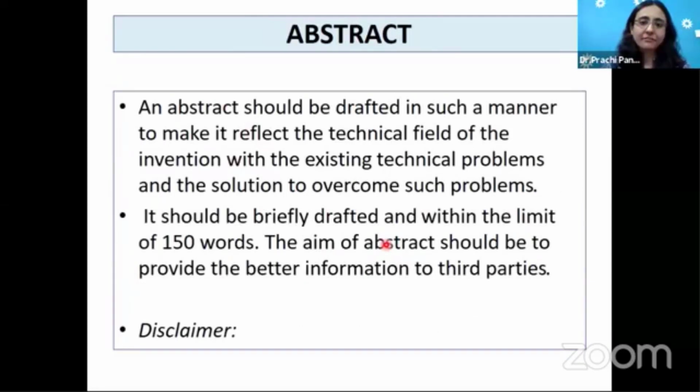Abstract, you have to define in such a way that your existing technical problems are being solved by your product. You have added technical advancements, you are better than the existing prior art, and you are novel also. It has not been earlier reported. You have to describe your innovation in 150 words, and then if possible you can write a disclaimer. Simple meaning is that the claim has been drafted based on the available resources, and if anything else has been reported it will be considered. Means you have to give a statement that whatever is there is based on the facts.